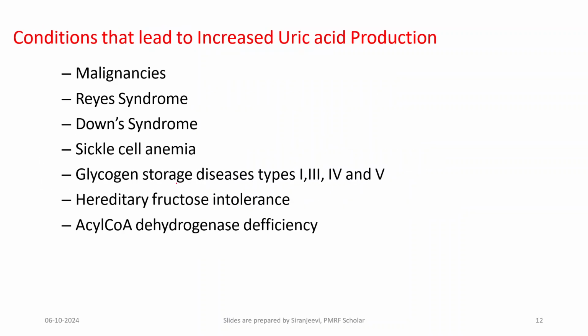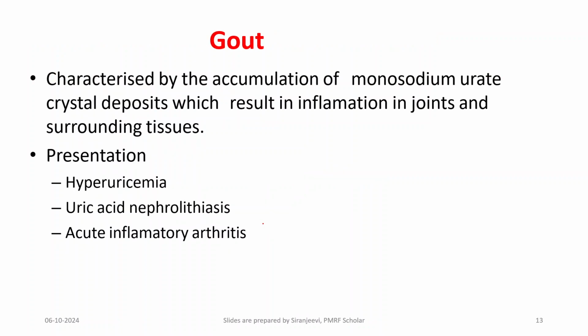And the conditions that lead to increased uric acid production, if you see, include malignancies, Reye's syndrome, Down syndrome, sickle cell anemia, glycogen storage diseases, hereditary fructose intolerance, and acyl CoA dehydrogenase deficiency, which also lead to increased uric acid production. Gout is characterized by the accumulation of monosodium urate crystal deposits,